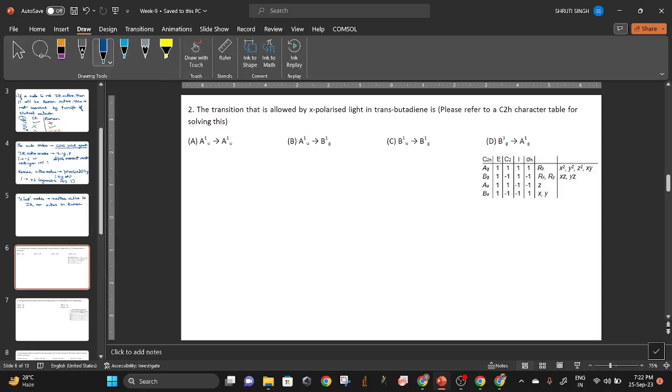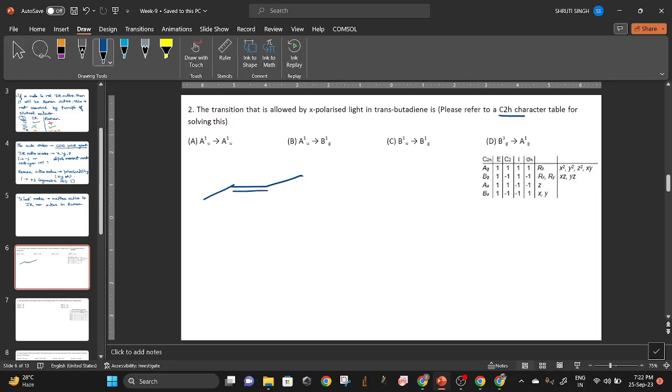So let's see the second question. It says that the transition that is allowed by X-polarized light in trans-butadiene is, and it has given that you can refer the character table of C2h. So trans-butadiene is C2h point group. It will be like this,